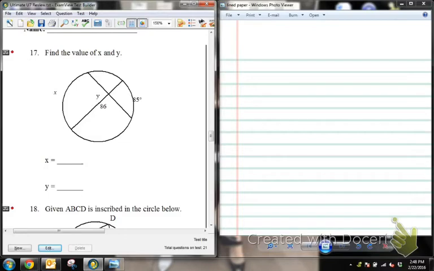Now if you look at x and y and where they're placed, hopefully you can look at the y and notice that it's the angle. So this y is representing an angle, and that x is outside the circle and represents an arc. So now we have to remember a few things about these angle patterns and arc patterns for circles. Hopefully the easier one to solve for, and actually you have to solve for it first,